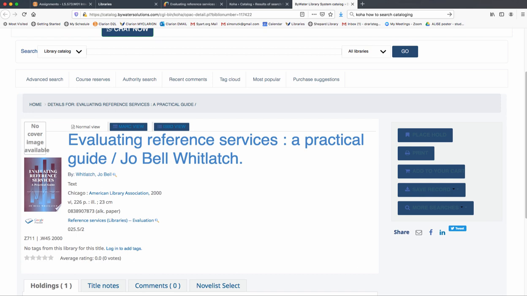Okay, now for the third task, we're going to check out this item. Our character patron that we created, in my case Edmund Dantes, is going to check out several books, and maybe we can do a check-in too. So this would be the third task. Make sure you take a screenshot of this and submit it in D2L. Now for the third task,